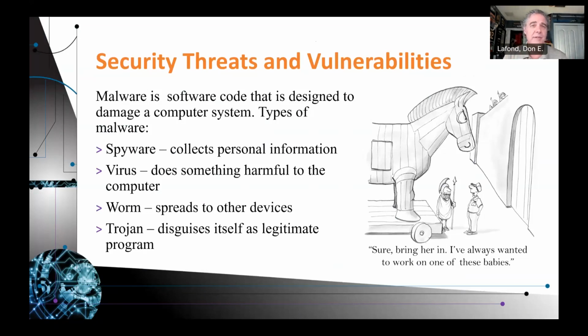A worm spreads to other devices on its own. That's what makes it unique. A Trojan disguises itself as a legitimate program. I remember in Facebook once, I clicked on a picture because I thought it was interesting and it said, click on picture to learn more. The next window opened up, looked like I was still on Facebook. It said, enter your username and password. I thought I was just in Facebook. Why is it not seeing my username and password? So I went ahead and entered it again. Then I got an error 404. At that point, I knew something was up.